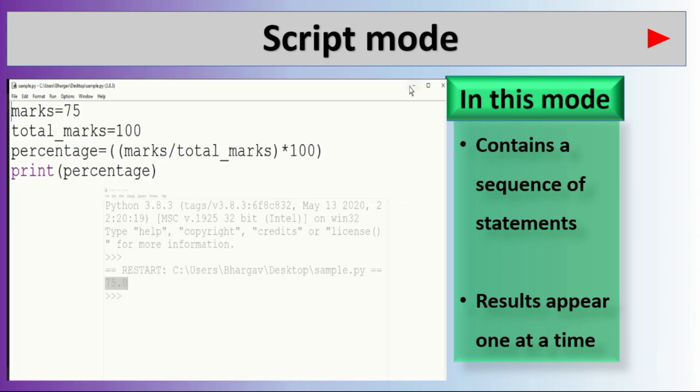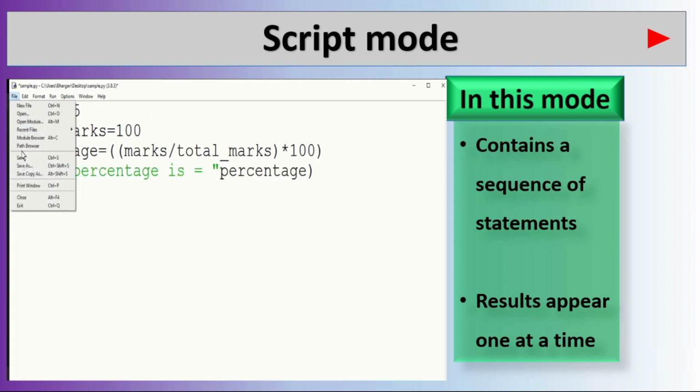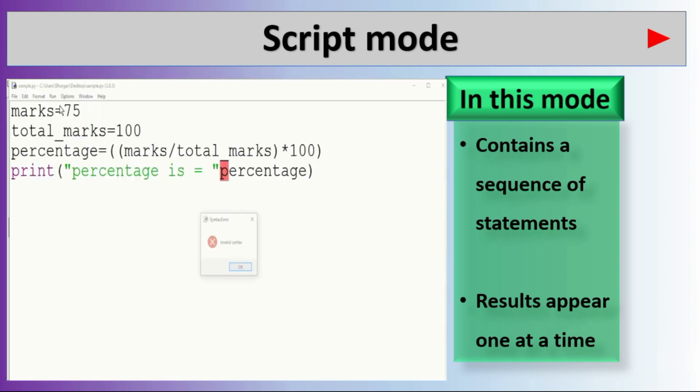Suppose you want to change it like this. See here, percentage is, equal to, it is placed as a string. Save it, run. Oh, it is an invalid syntax.